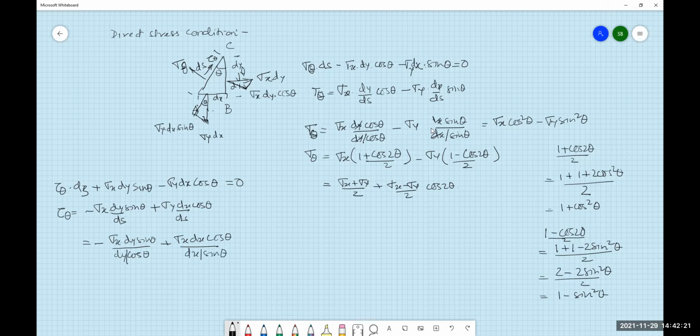Means this is dx, this is dy, and this is dx. So for ds we can put, in order to eliminate the sine theta over here, dy over here,